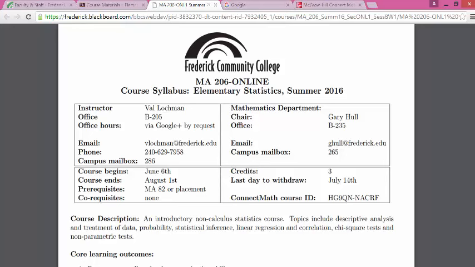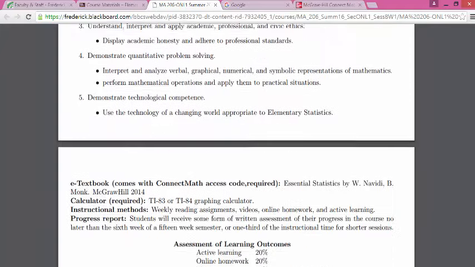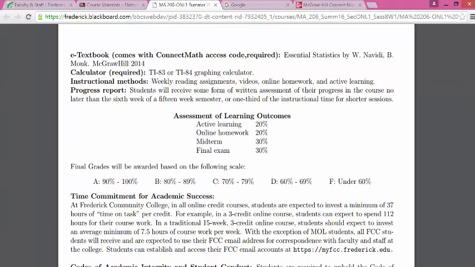My phone number is my office number, so during the summer it's not very useful as I will be coming to my office maybe once a week. So if you need to contact me, definitely do it via email. Okay, then what do we have? We have Connect Math Course ID, this 5-digit number, and many of you already signed up for the class. Good job. If not, you still have time to do so. So this is the main information about the class and myself. I'm gonna let you read through the rest of this page,